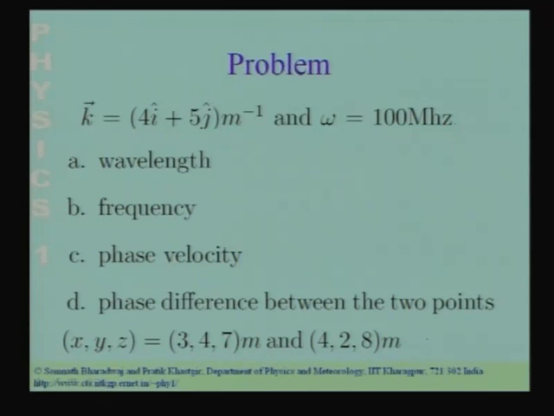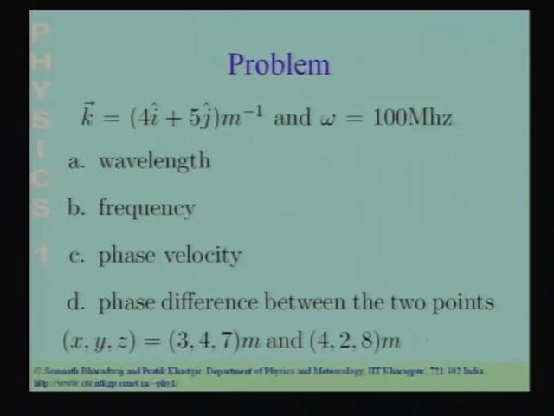Plane sinusoidal waves are essentially, if I sit at a fixed place, I will see a sinusoidal simple harmonic oscillation. If I look at the variation with position at a fixed time, I will see again a sine function which varies with position. So, a position dependence which is sine or cosine, and with time the whole pattern moves forward along the direction of propagation. So, having completed our discussion of sinusoidal plane waves, let us take up a simple problem where we can apply some of the things which we have learned.